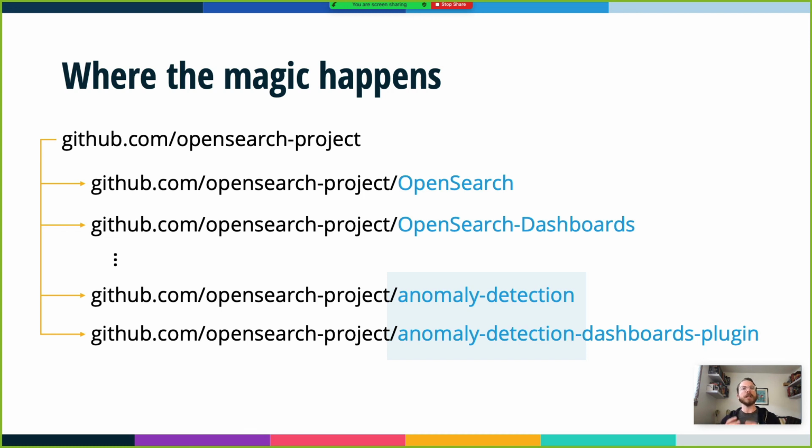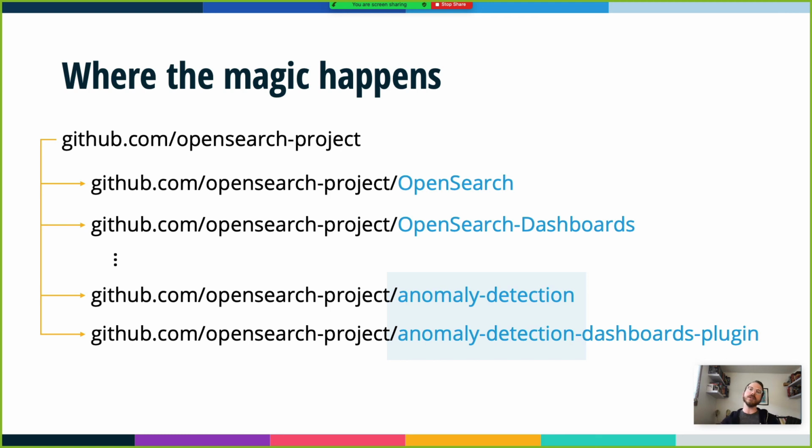So the OpenSearch project is our GitHub organization, and we have two pinned repos in there, OpenSearch and OpenSearch Dashboards. You'll also notice if you were to browse through that, there's a whole lot of other repos in it. Most of these will fall into a similar pattern. The functionality will be split out into two distinct plugins: one plugin for OpenSearch and one plugin for OpenSearch Dashboards. So this follows the same type of patterns that you would have for other parts of OpenSearch and OpenSearch Dashboards.